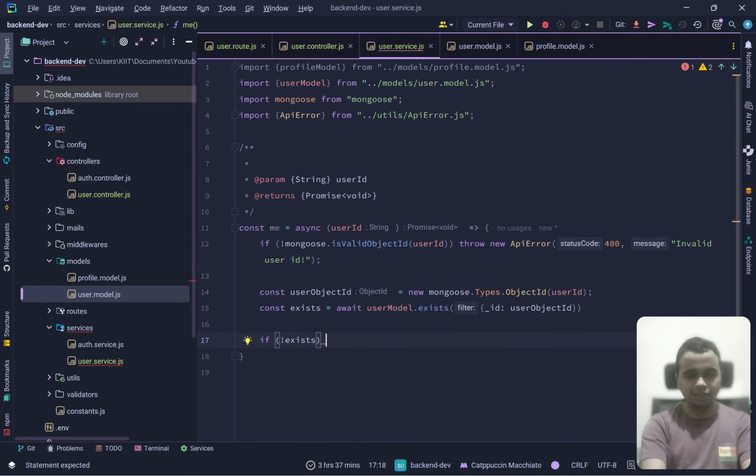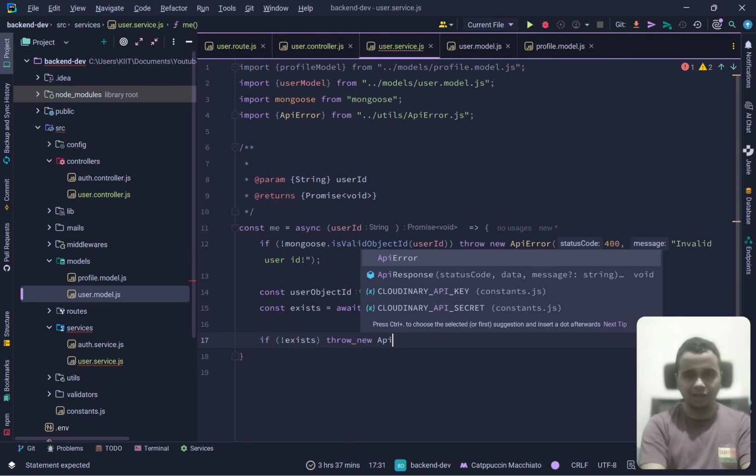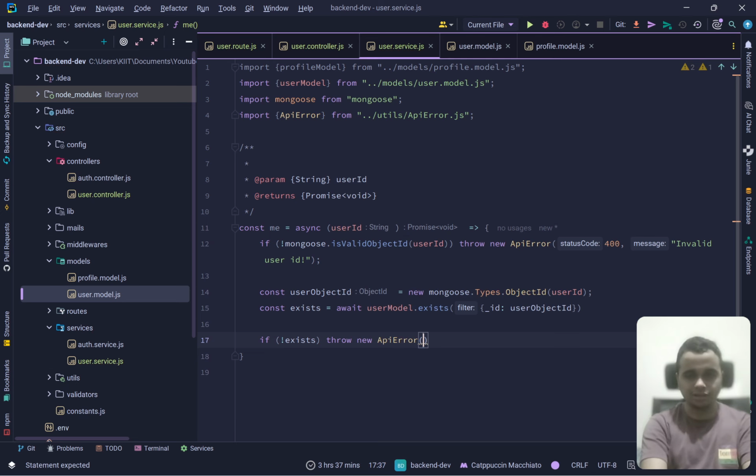So it will automatically throw a new API error that is 404 error, and I'll write user not found. Okay, user not found. This is the error that will be thrown. Else, I will simply return